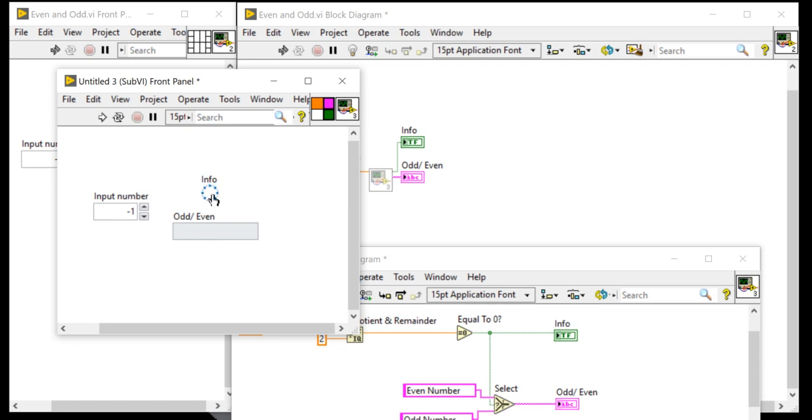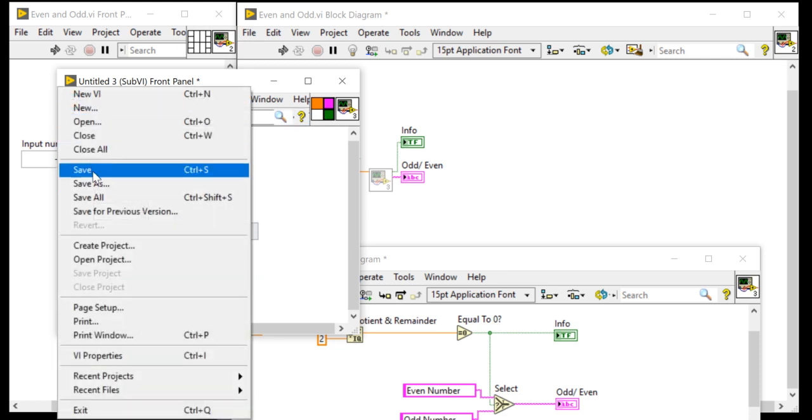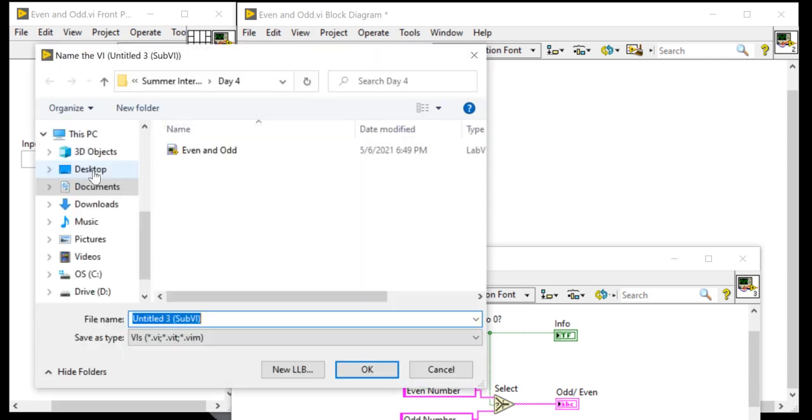One more output is a Boolean LED, connected here with the green color. Now I am going to save the program. I will save this sub VI as even and odd sub VI, and I will hit the OK button.